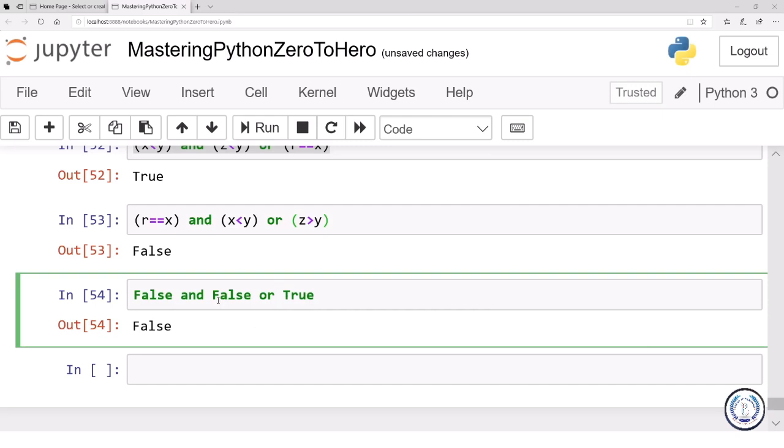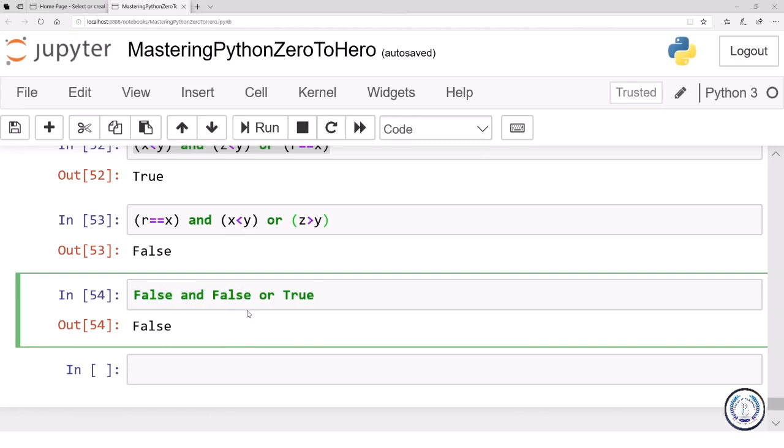So in this case, if false or true operates first, the result will be true, and false and false, false and true, the result will eventually be false. However, if and operates first, the result will be false here, false or true, the result